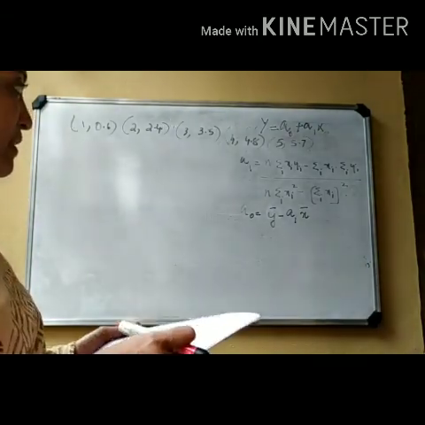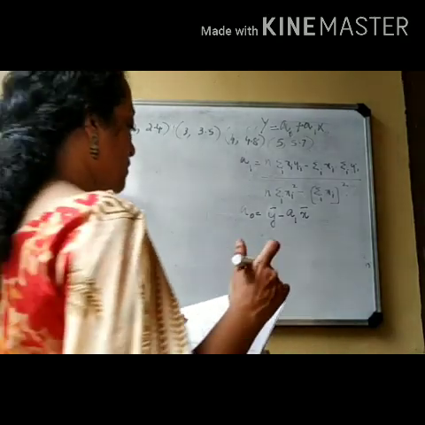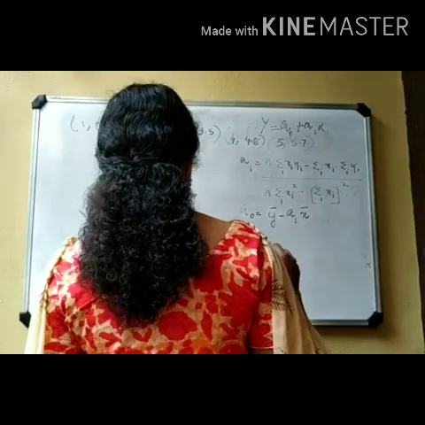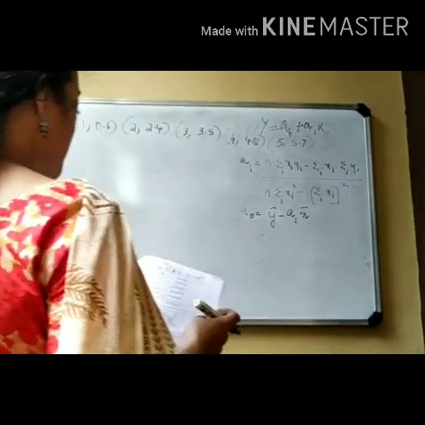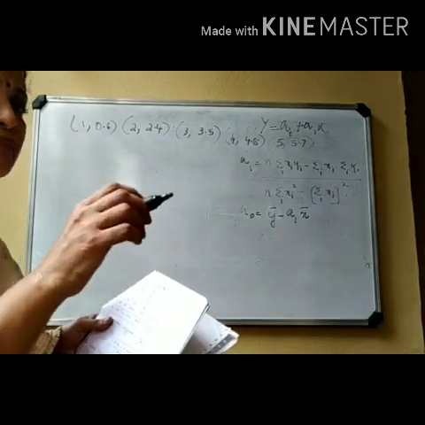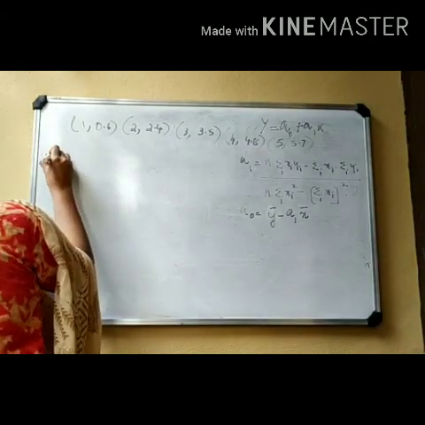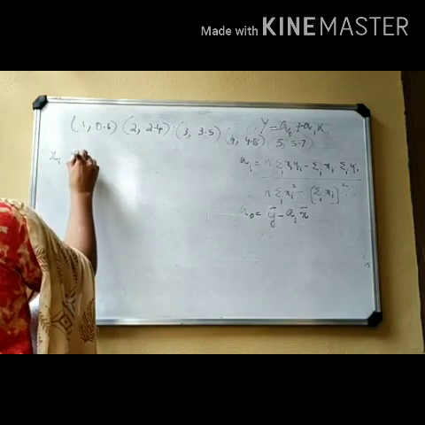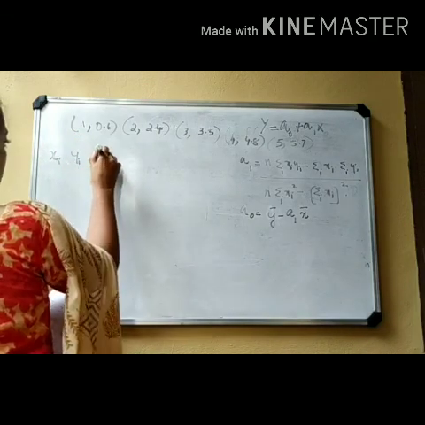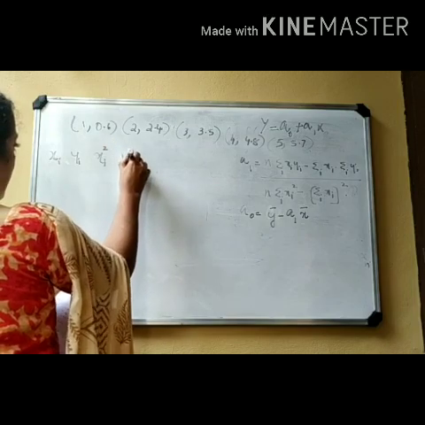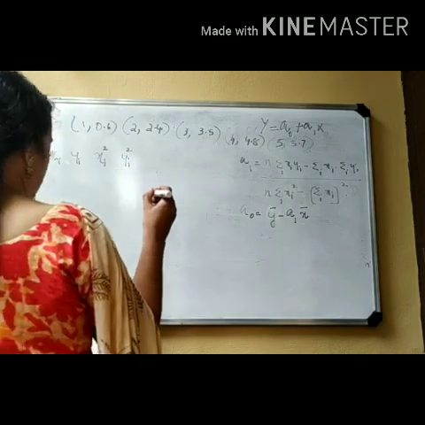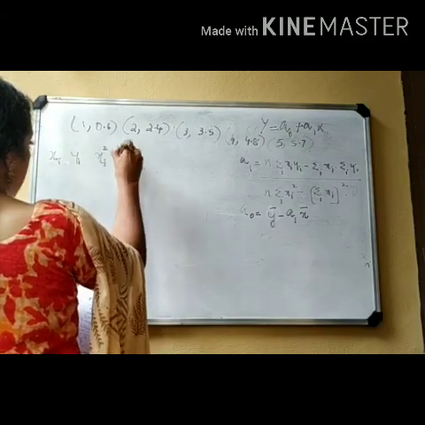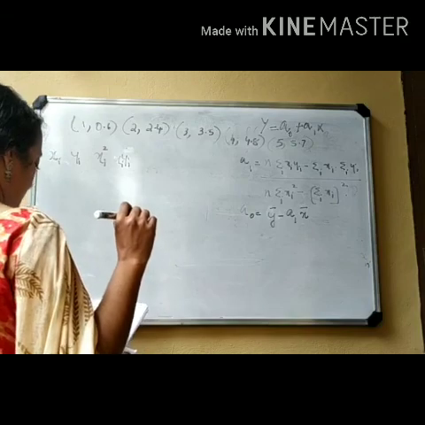Then we have to calculate the correlation coefficient also. For that, it's better to form a table like this. So here I will be writing the xi values, then corresponding yi values, then xi square values, then yi square values. Yi square is not needed. The xi yi is needed. So next we can write xi yi.